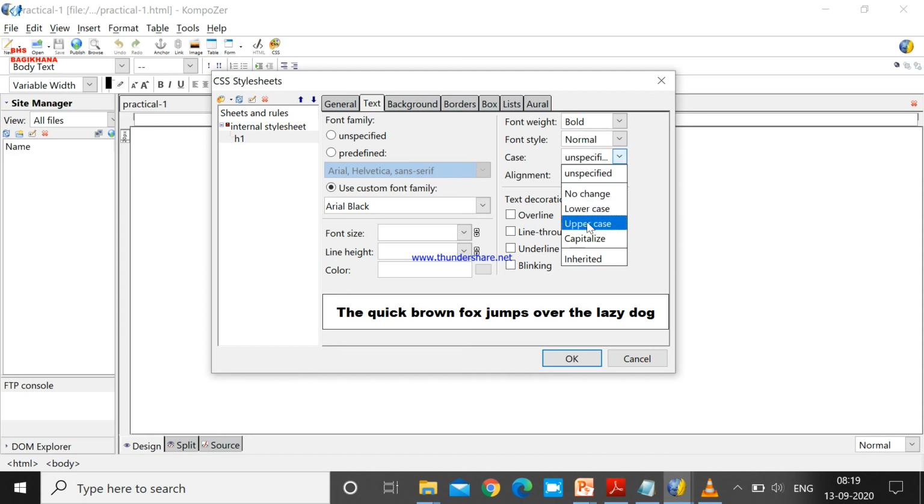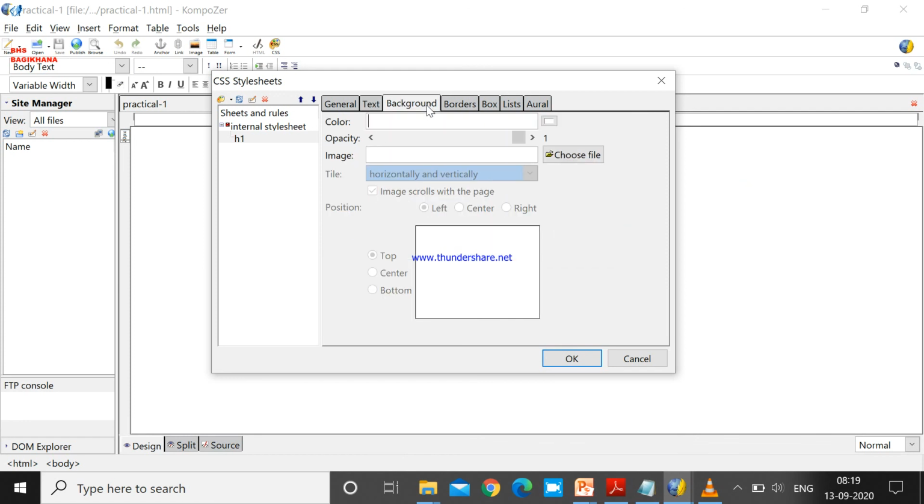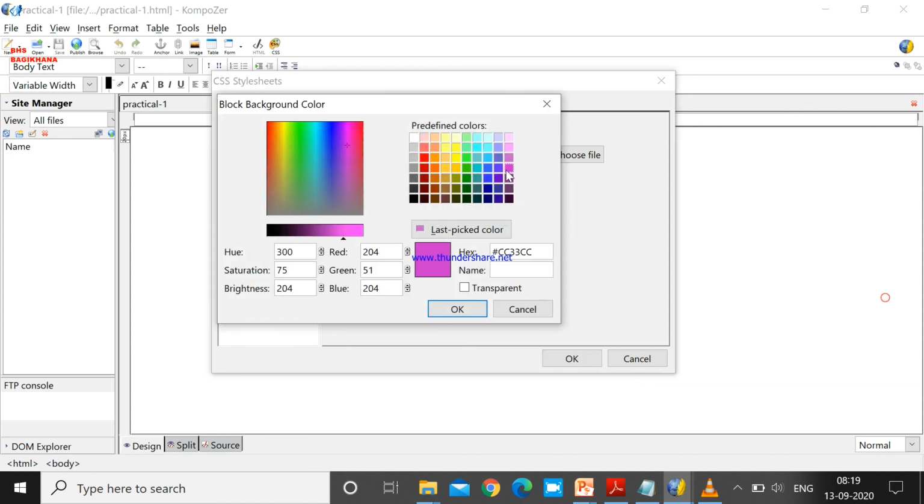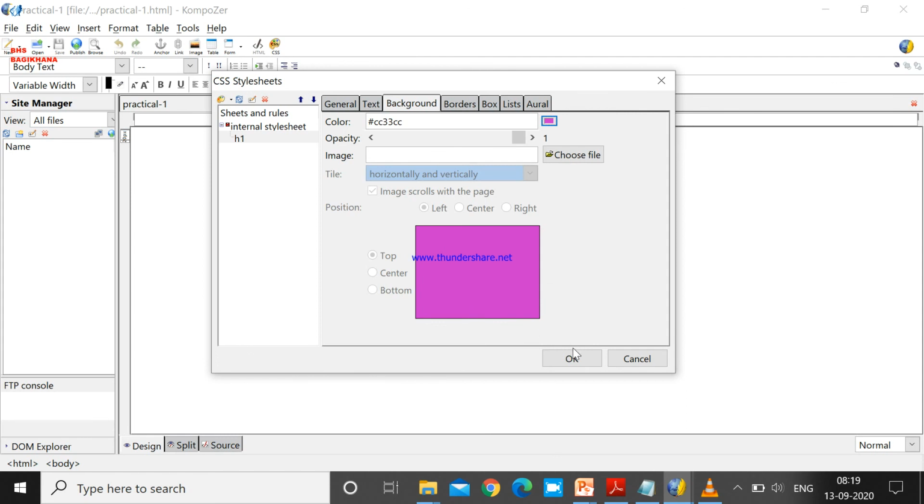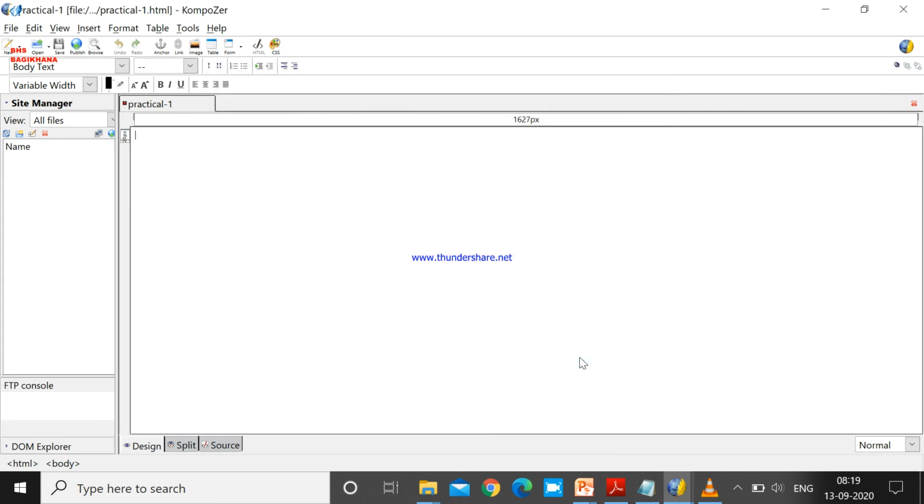Case is always in capital letters, so I am selecting uppercase. Alignment is always center for my chapter title. Then background, I want a background color for my chapter title. Then press OK. So now you can say for our chapter title, the property of H1 is set using CSS.